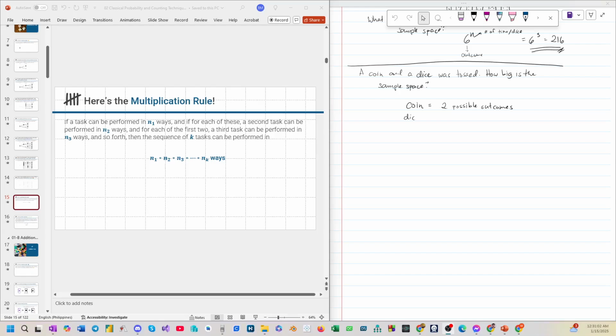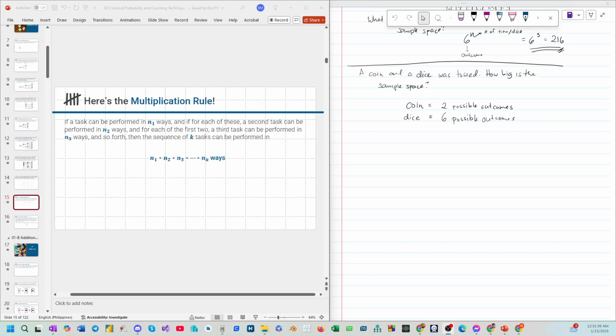Usually, if it is not stated how many faces the dice has, we can assume that it has 6. Kasi merong ibang dice, diba, more than 6 or less than 6, yung mga special game dice. But this one, if it is not stated, we can already assume that it has 6 faces. So we have 6 possible